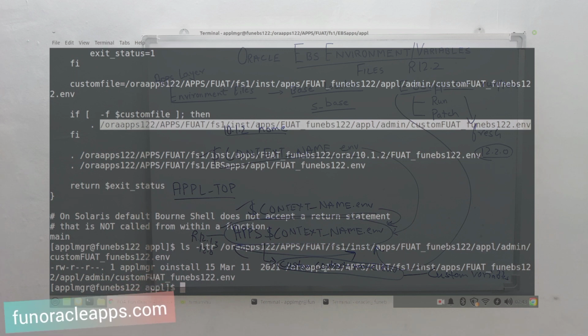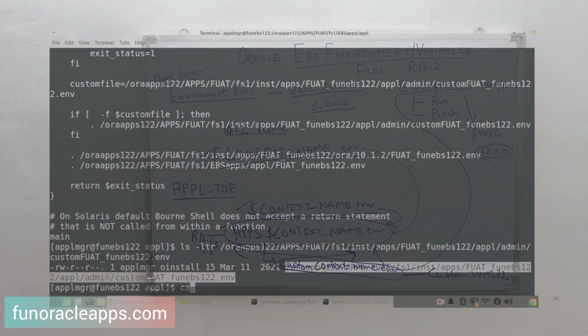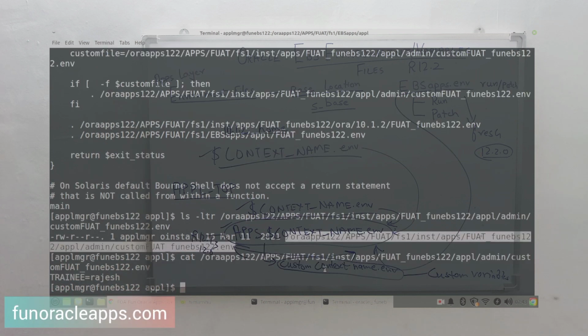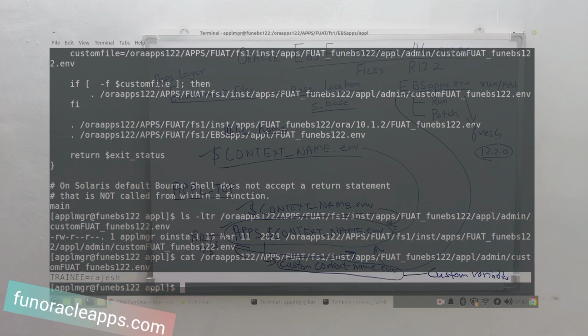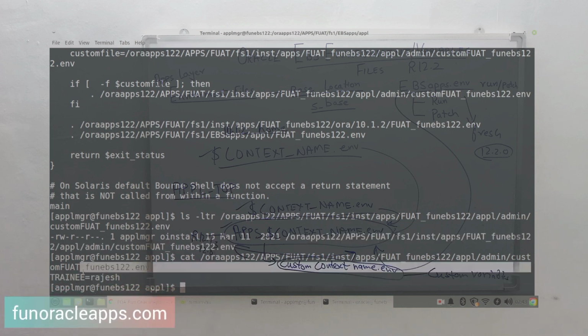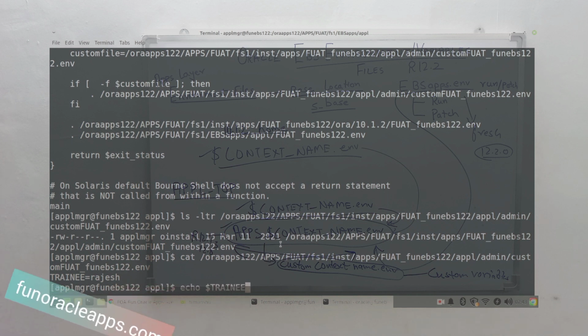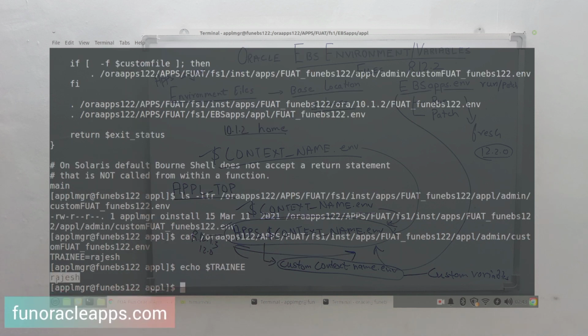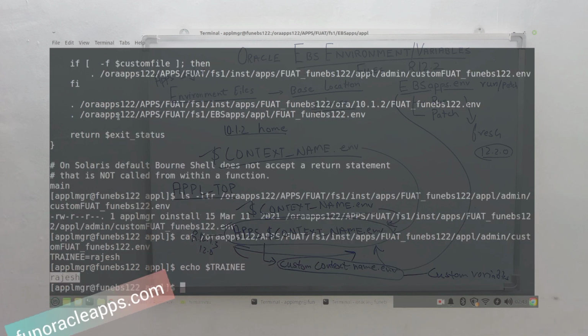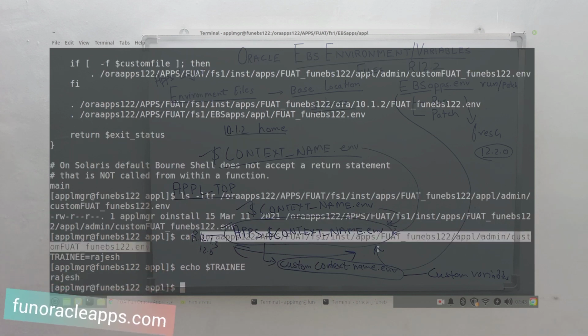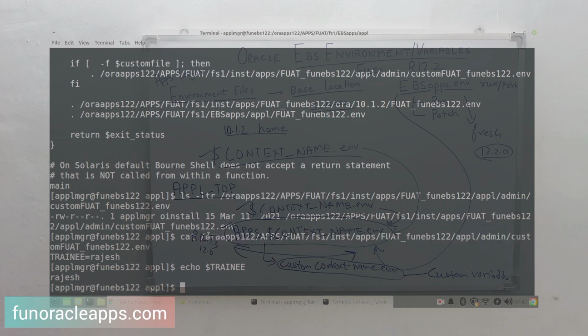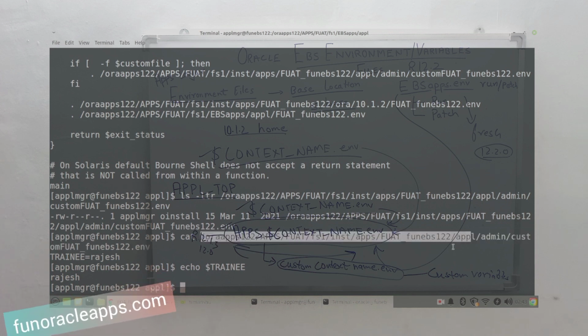So right now in my environment, I believe no custom file is there. Okay, maybe I have created it. So this is the custom environment file that I have created. See, some custom variable I have set: a trainee name, Rajesh. So if I echo that variable, it shows me the value because it was sourced automatically. So you can create it directly.